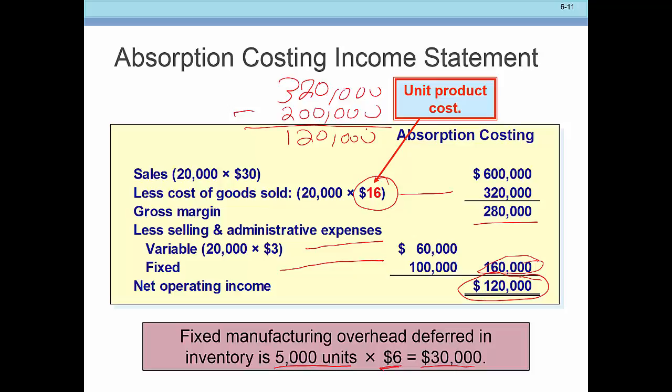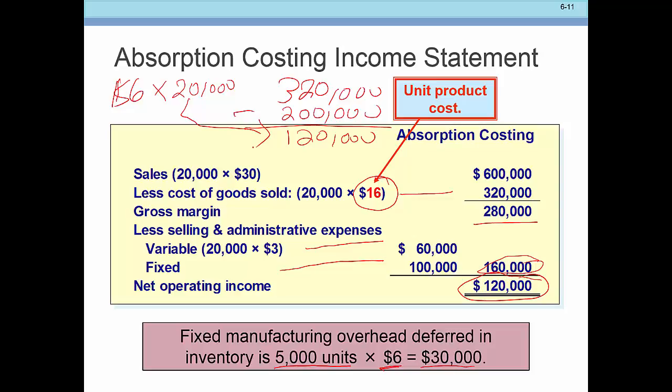And that $120,000 difference is $6 times the 20,000 units I sold, right? Because we're looking at cost of goods sold. So that's where that 120 came from,